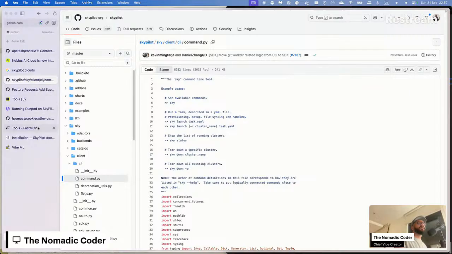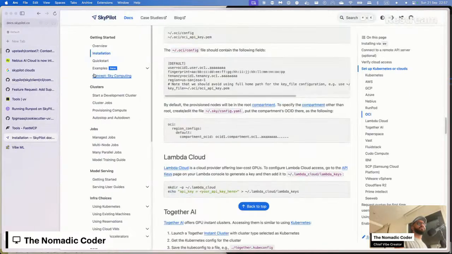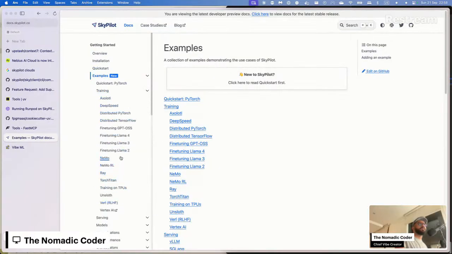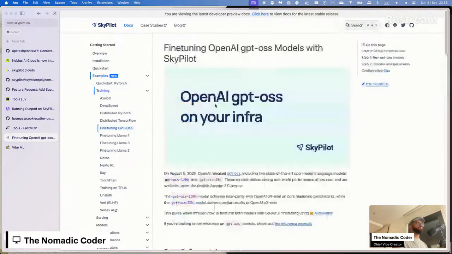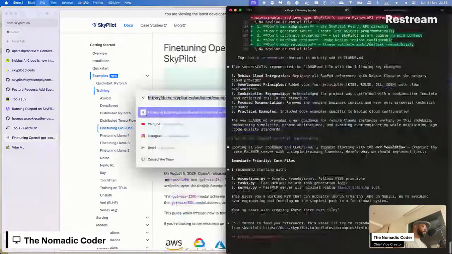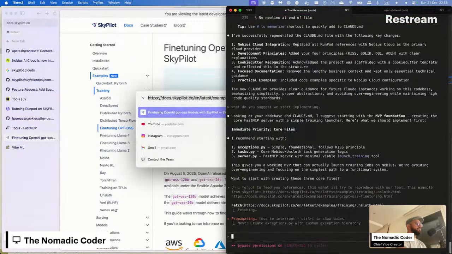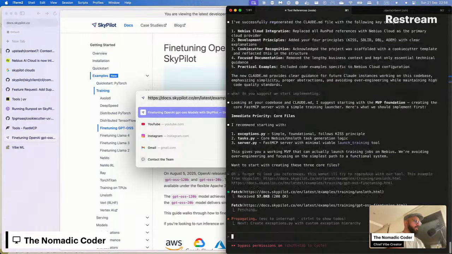Okay, so we got SkyPilot. We got an example with training, and where's GPT OSS? There it is. It takes quite slow.